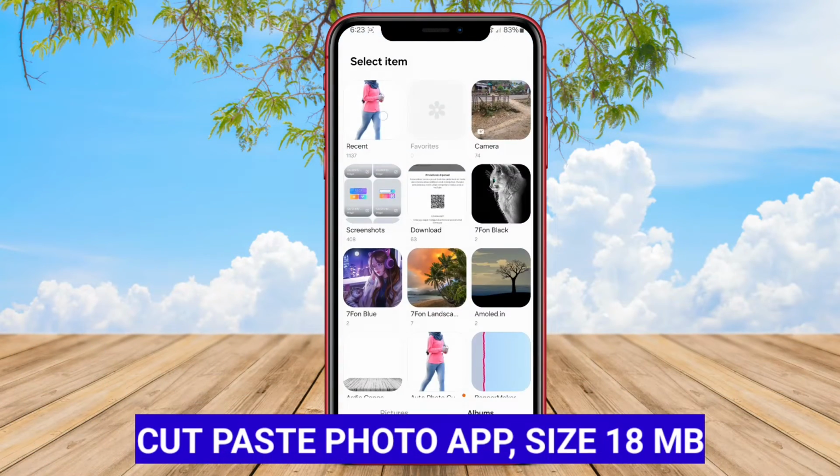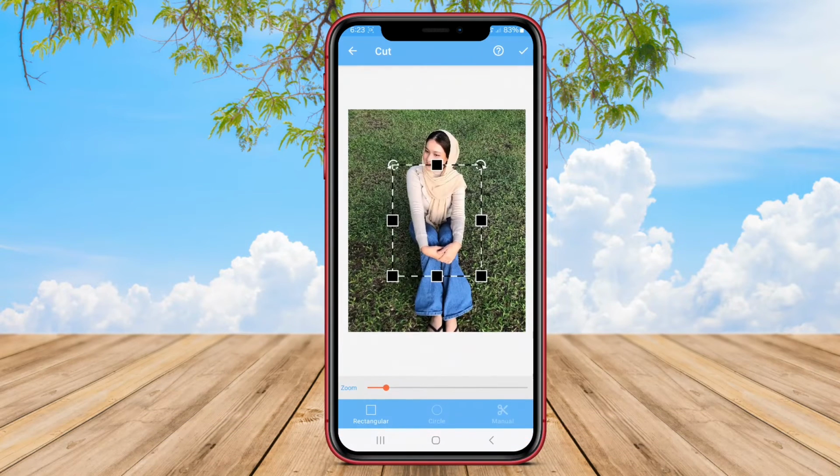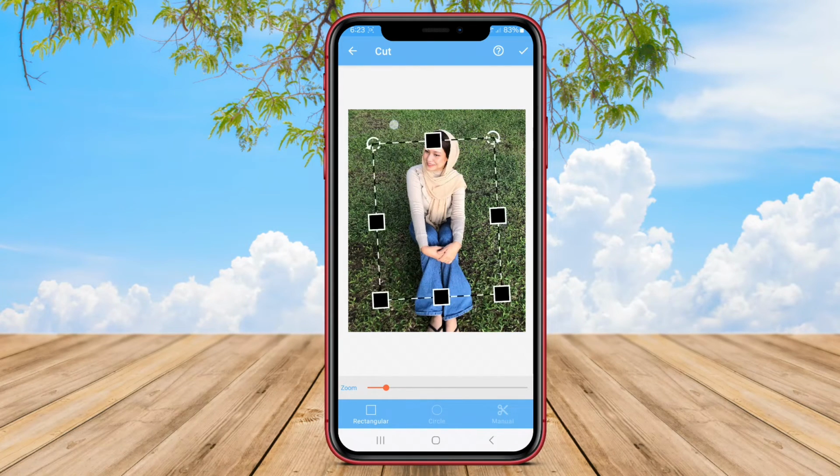Cut Paste Photo App. Cut Paste Photo App is a popular application on Android that offers intuitive tools for cutting out objects from photos and seamlessly pasting them onto other backgrounds. Users can manually select the area they want to cut out, or use the automatic cutout tool for quick and